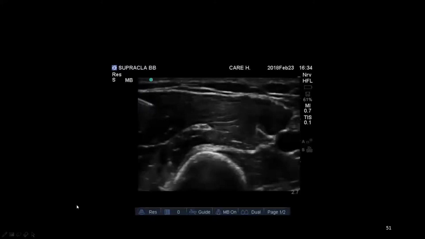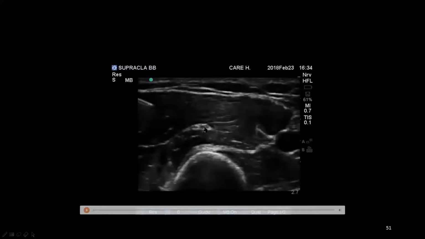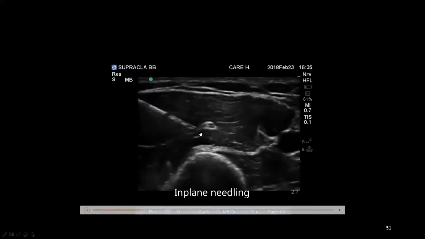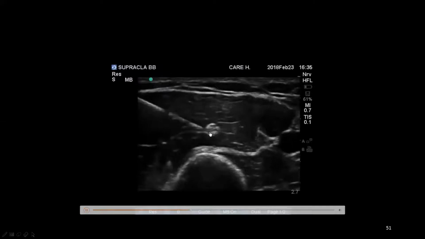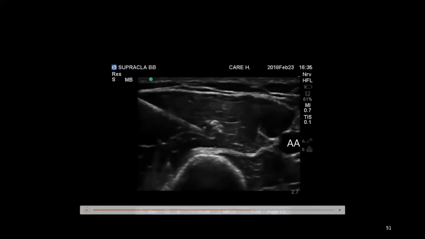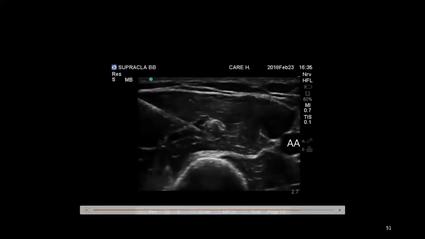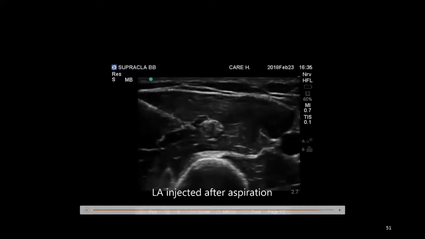So this is a video where you can see the musculocutaneous nerve, and the needle is coming inside the musculocutaneous nerve. Without rolling of the nerve can be seen, without directly hitting the nerve, we will deposit the drug after a negative aspiration injection. So you can see the nerve moving away from the drug. So this is a perfect, safe technique for the deposition of local anesthetics.